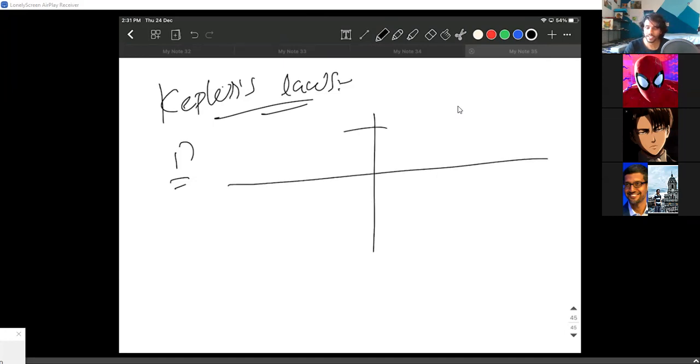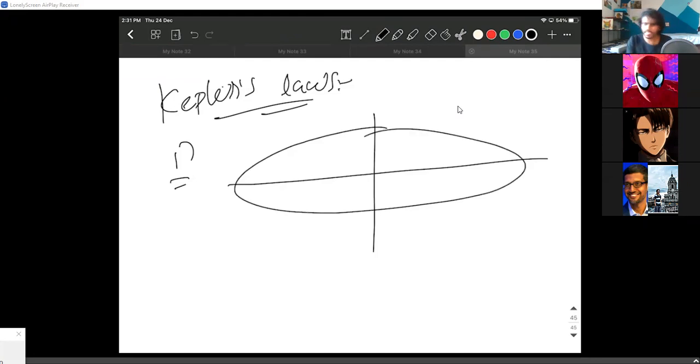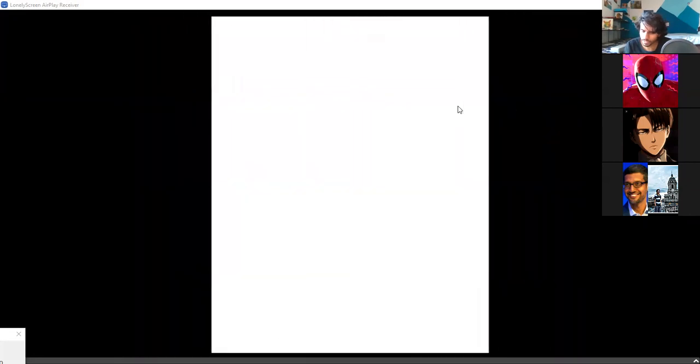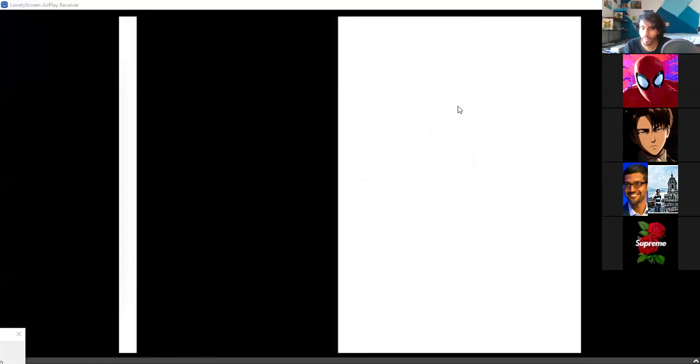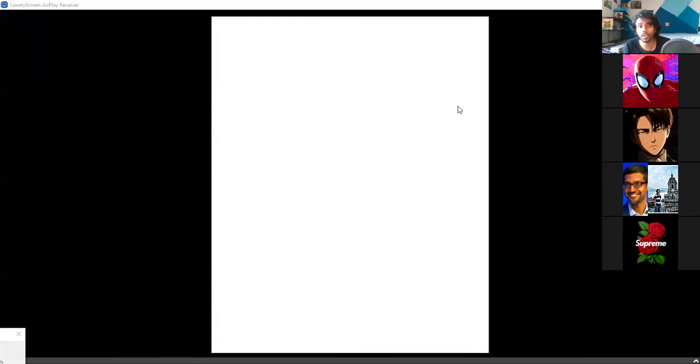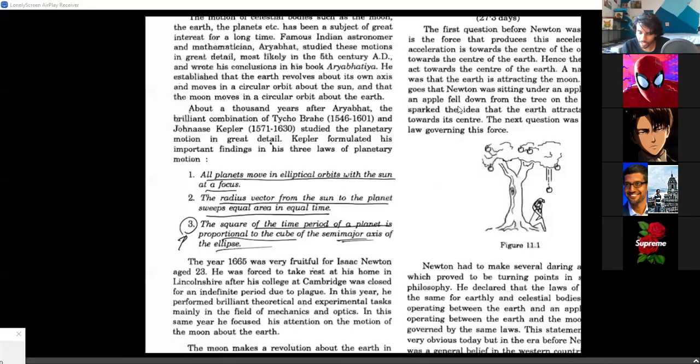I've even shown you the animations, right? The first thing is that we go in elliptical orbits, with the sun as the focus. Let me open that for you. The second thing is that it covers equal areas in equal times. Okay. Let's look at that.